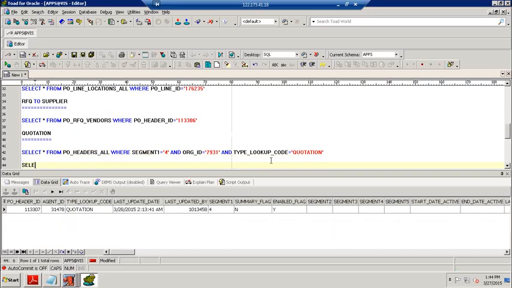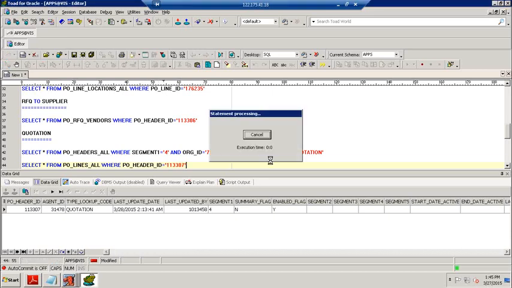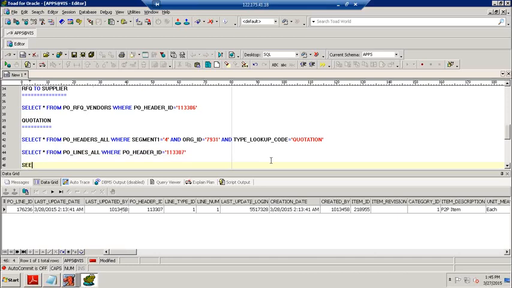Next we can go for PO lines all, where PO header ID equals 113307.